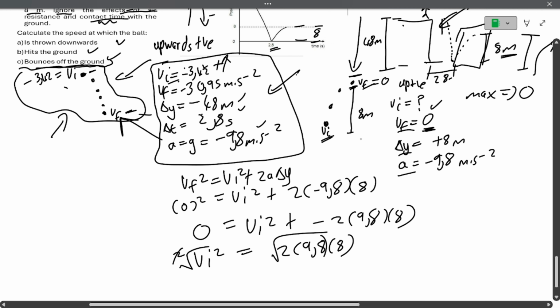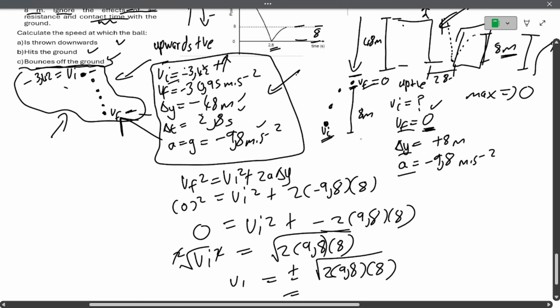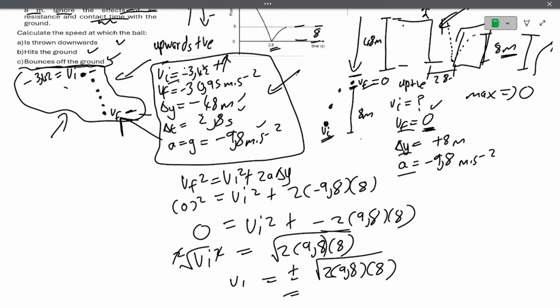The square and the square root cancel, and then V initial equals plus or minus the square root of 2 into 9.8 into 8. Every time we do an inverse, it has to be plus or minus. Let me press my calculator: 2 into 9.8 into 8, and then the square root. Then my answer is